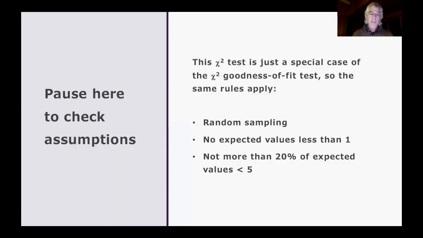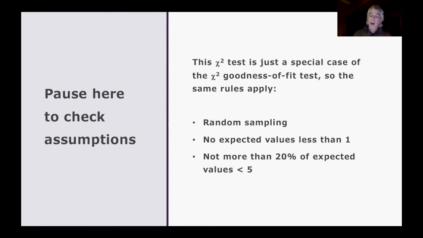Now, before moving further with our calculations, it's worth pausing for a minute to check some of our assumptions. Because the chi-squared contingency analysis is just a special case of a chi-squared goodness of fit test, the same assumptions apply. We assume that our sample is a random representation of the overall population. Also, that none of our expected values are less than 1, and no more than 20% of our expected values